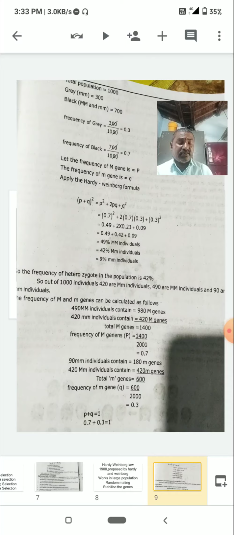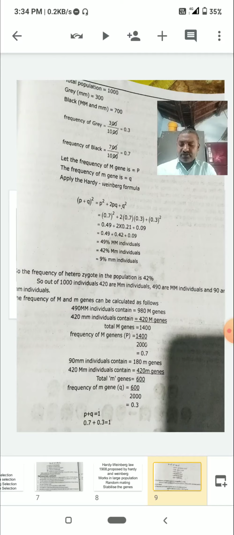Here these are the different forces, and one more thing we have to discuss is isolation, reproductive isolation. By the action of any factor, a group of individuals is separated and does not participate in reproduction or mating. To prevent the mating of the same species, that is called isolation. An isolating mechanism is a barrier which prevents interbreeding between populations.